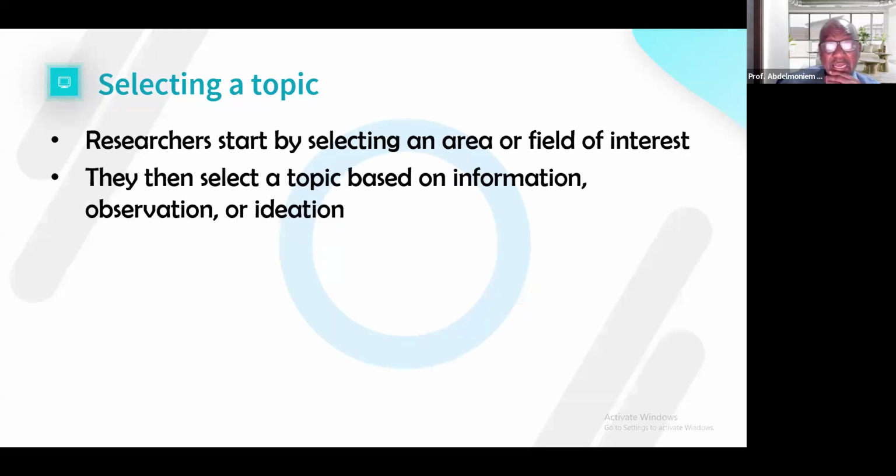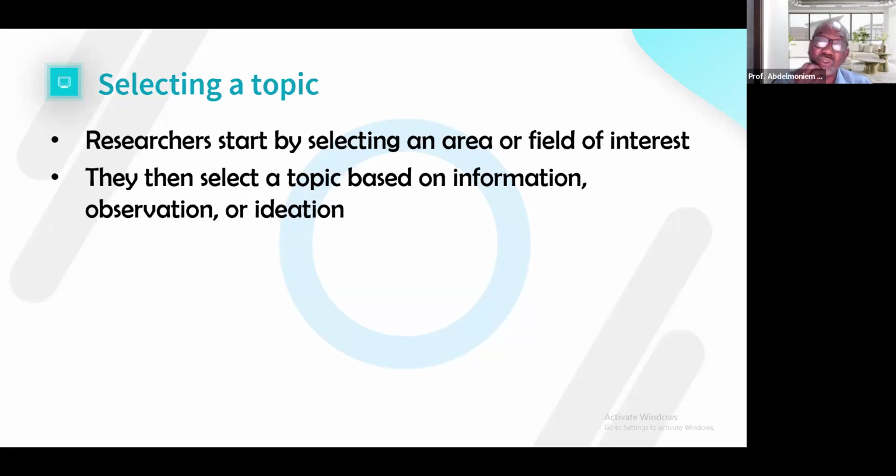You then select a topic based on information, observation, or ideation. So I am an endocrinologist. I selected a research field or area. And then based on that, based on information, I'm going to select a topic, or on an observation, or it is just an idea.